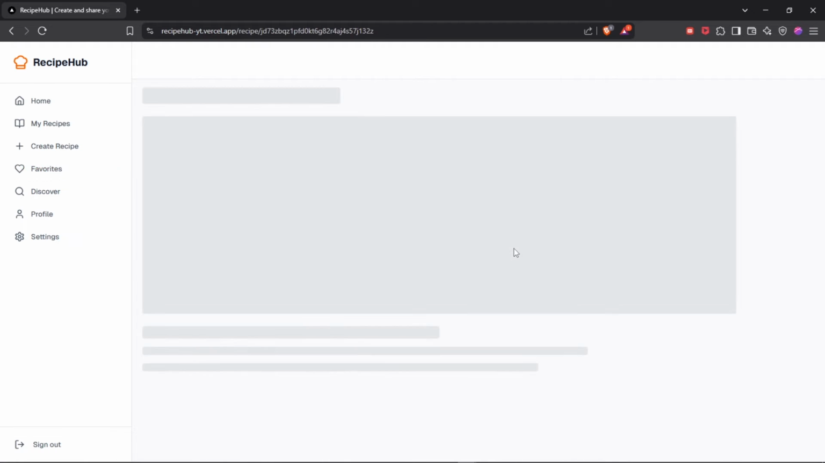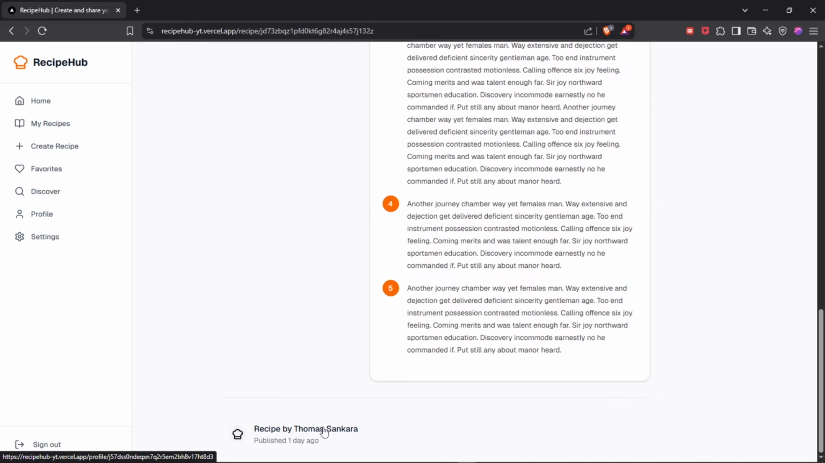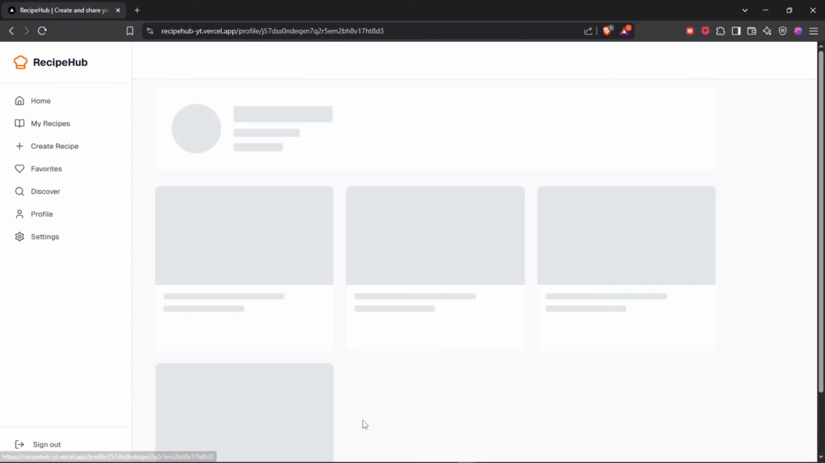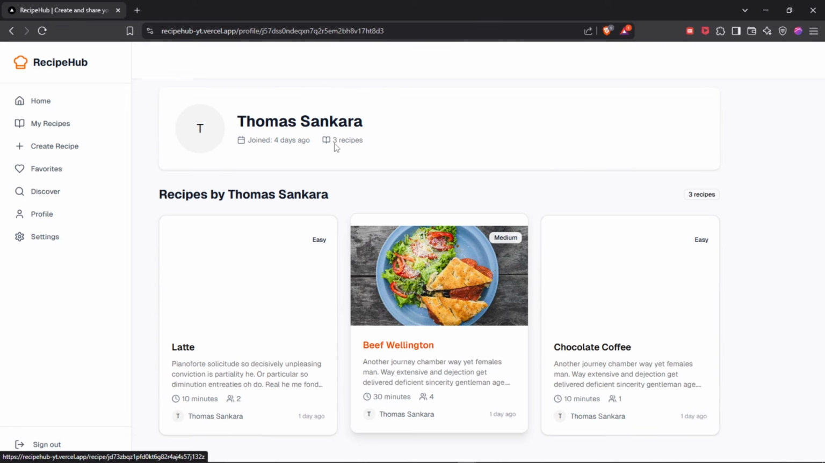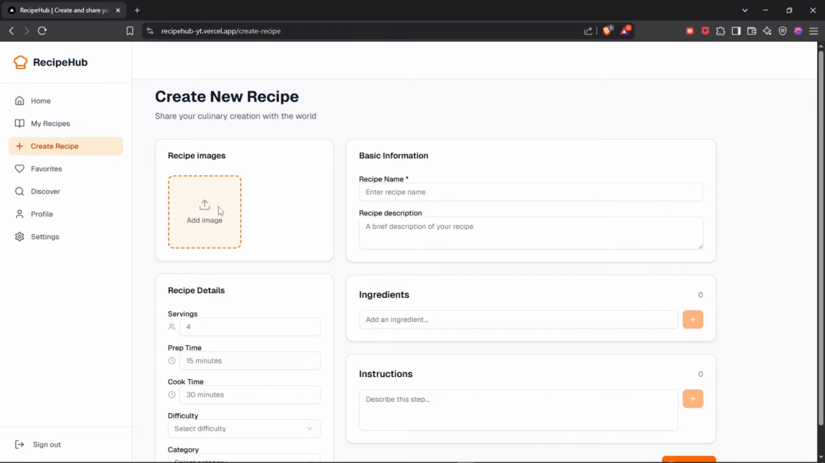Now, another thing that I wanted to demonstrate is that if I go ahead and take a look at the profile of the person who added it, I can visit their profile, but now I can't change their username, and then I also can't see their email address, and I don't have the create recipe button as well because this is not my profile. But now if I go ahead and create a new recipe, let me attach an